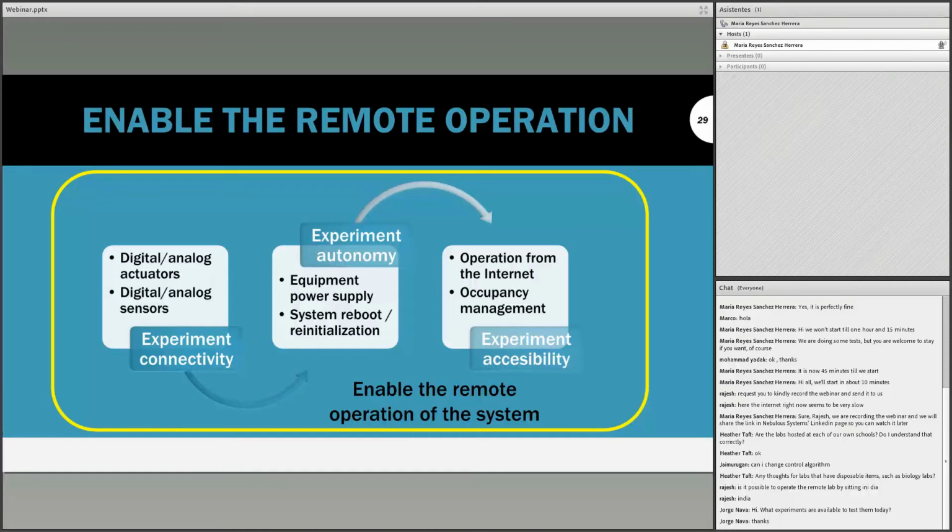First is what we name the experiment connectivity. The requirement for being able to operate an experiment remotely in terms of connectivity is that such experiment can be automated and controlled through any type of computer system, whether it is a single board computer, a PLC, a personal computer, anything is valid with